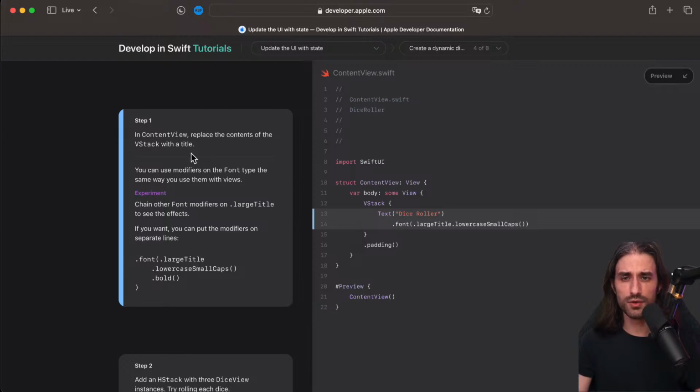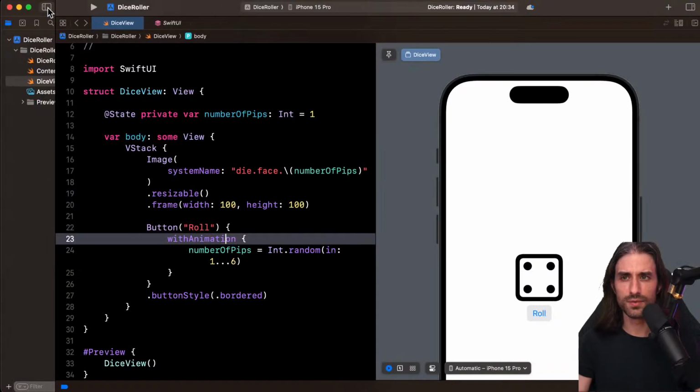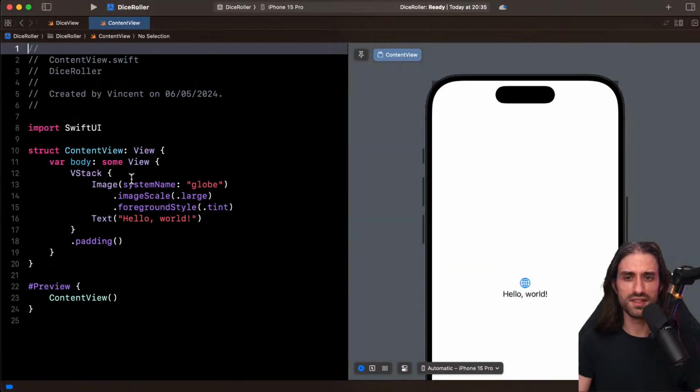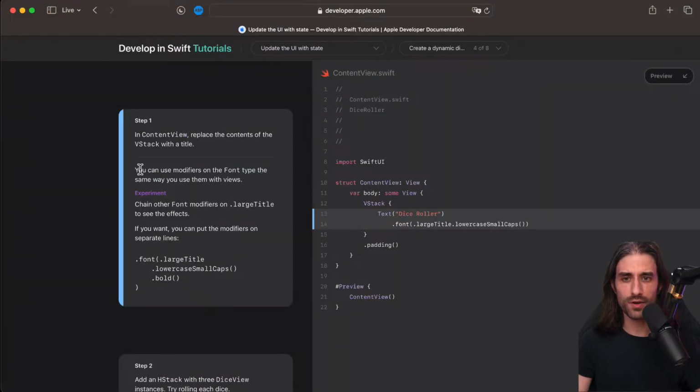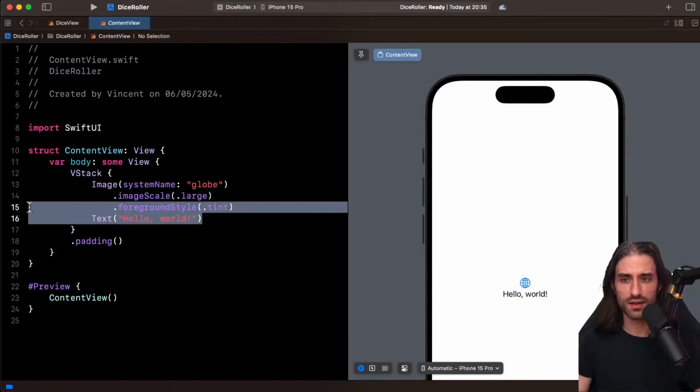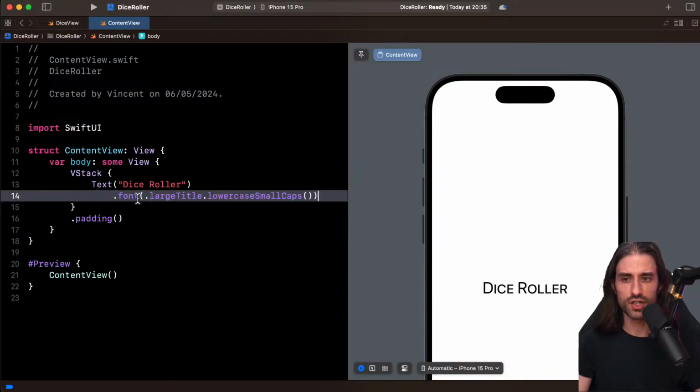So in the content view of the project, so let me go in the content view, so the basic content view that you get when you create a SwiftUI app, we're going to replace the content of the VStack with a title. So we replace the content with this text, which has the font large title and also lowercase small caps. Interesting, I didn't know this modifier.